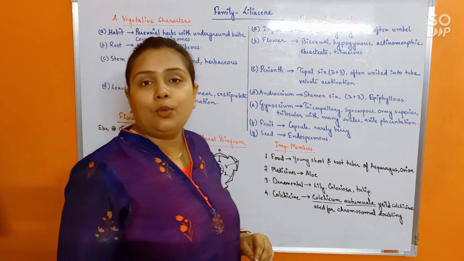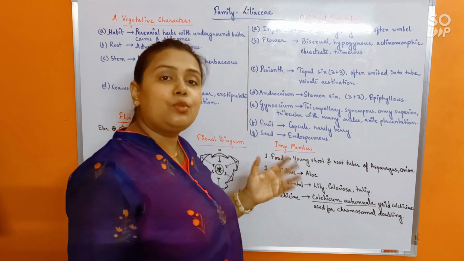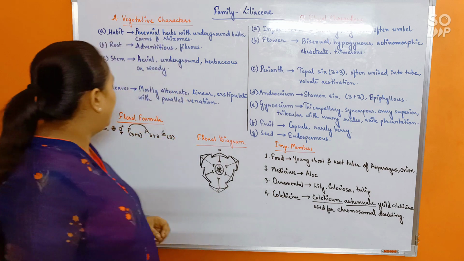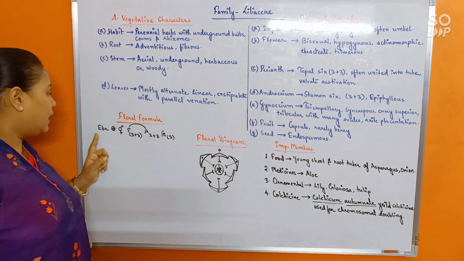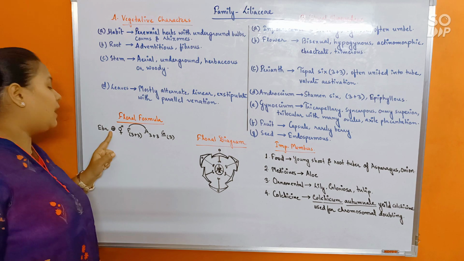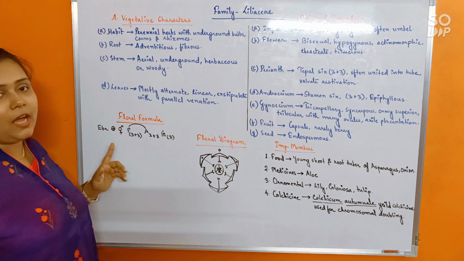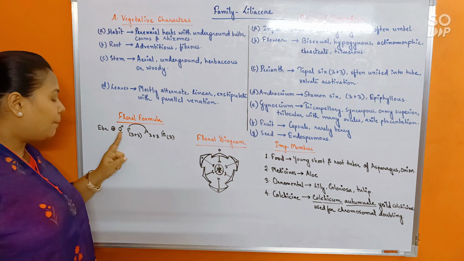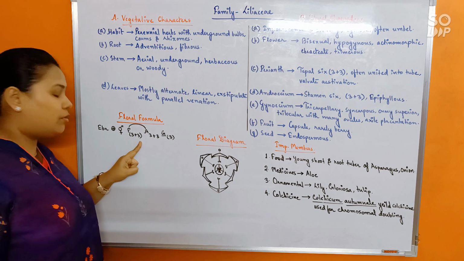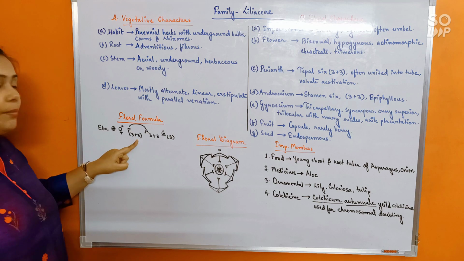And seeds are endospermous. Now this being the floral characters, using this let us see how to make the floral diagram and the formula. First, floral formula, because it's ebracteate, so EBR, then actinomorphic and finally bisexual, right? Now, instead of calyx and corolla, we have a perianth here, so P, but 3 plus 3, okay, not directly 6, 3 plus 3 tepals, and the tepals are fused together. That's why it is under a bracket.